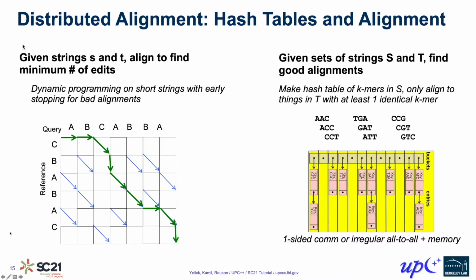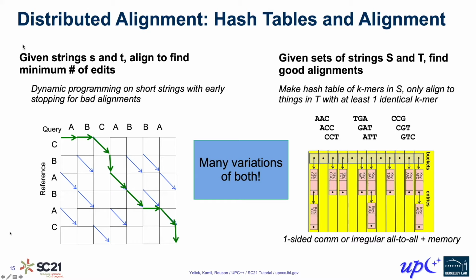Now, alignment here is a global problem in which we have two sets of strings, the original reads and the recently computed contigs. To further cut down on the cost of alignment, we will look for strings that are likely to match and only run the full alignment algorithm on those pairs. As illustrated on the right, this is done by hashing the k-mers in the contigs and then looking them up from the k-mers in the reads. Only if there's a match will the two be aligned.